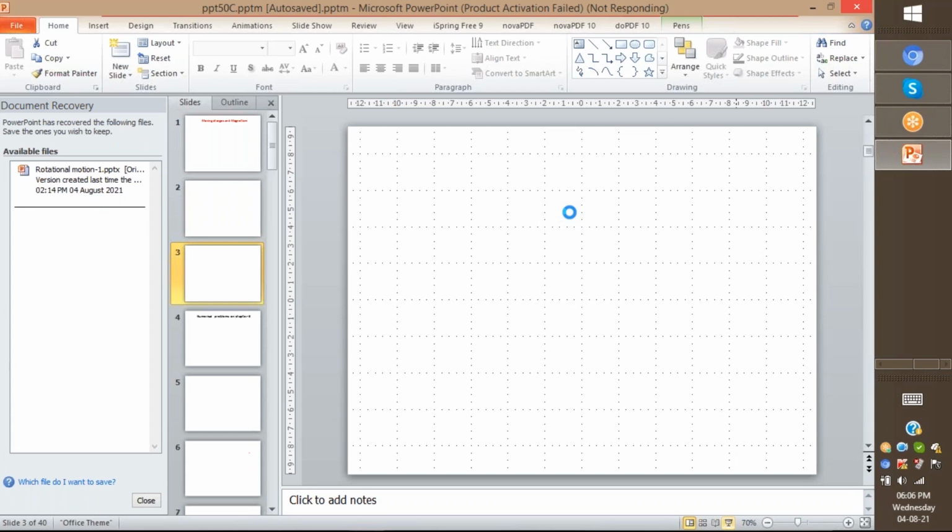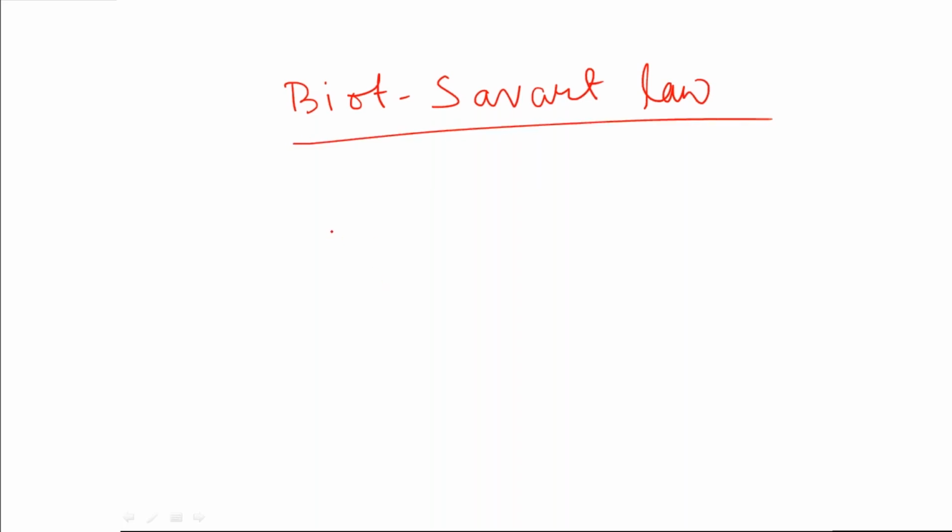I'll just write the Biot-Savart law that we learned last day. And what was the formula for that? And what was the formula for the magnetic field at any axial point? Okay, so those things I'll write down here just for your recap. If you remember, Biot-Savart law, we had learned